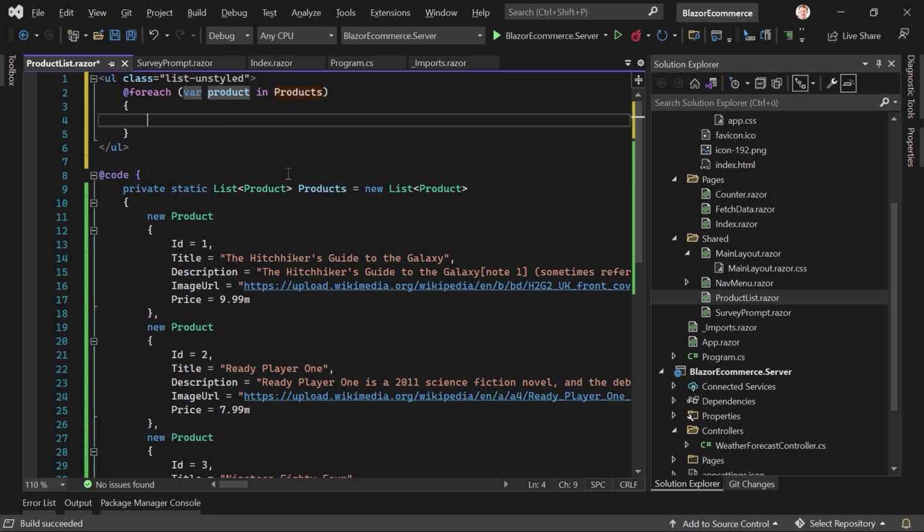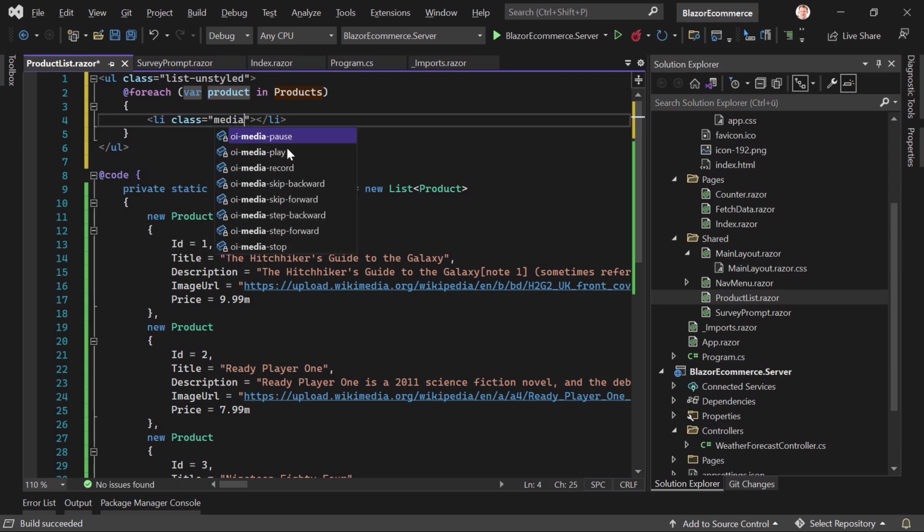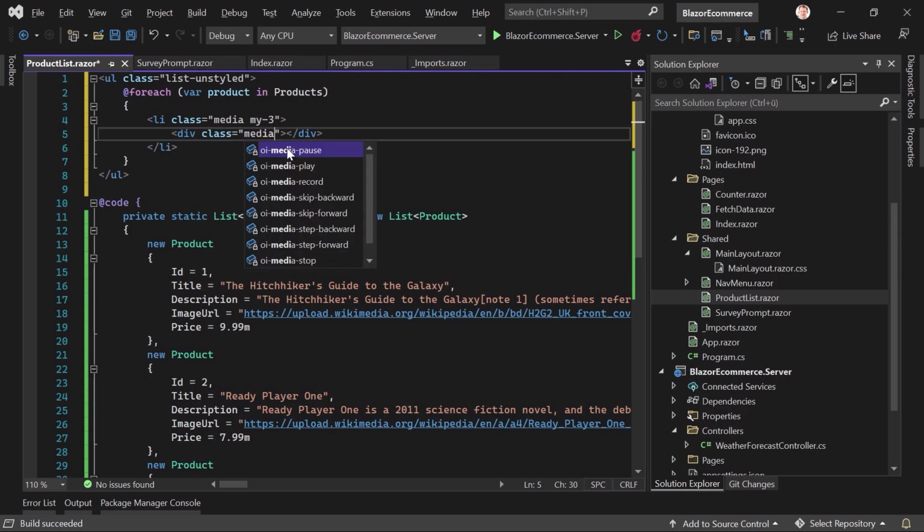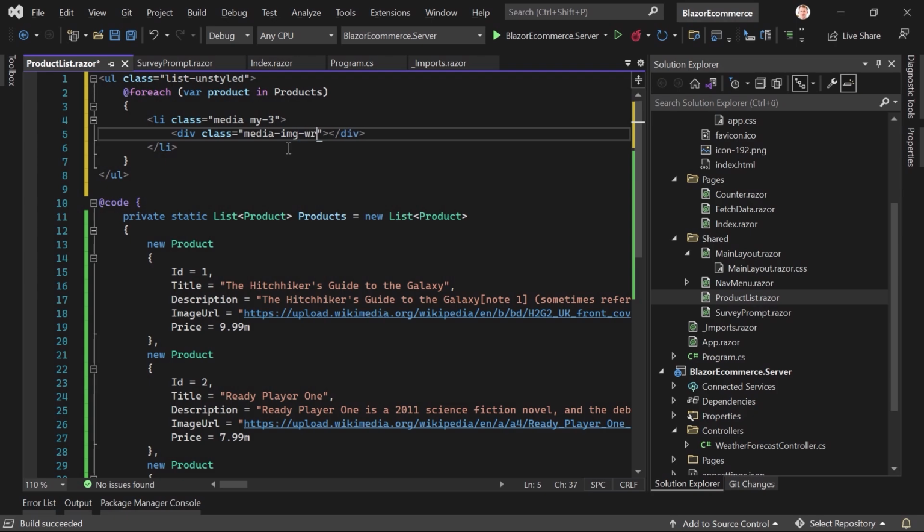And in here, we've got a list item with the class media, not really media, a custom class we will add, and my-3, this is the margin on the y-axis, that's the correct term. Then we add a div for our image with the class media-image-wrapper